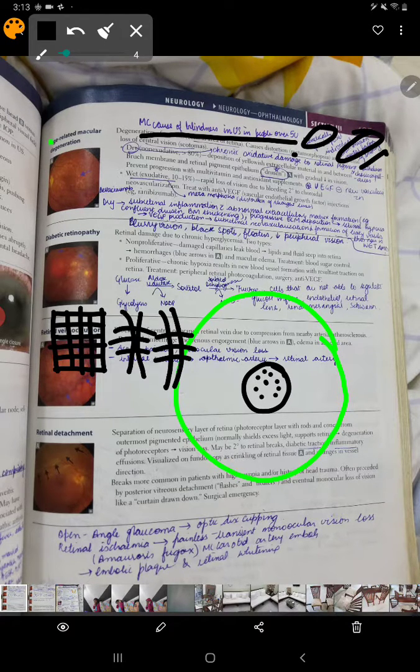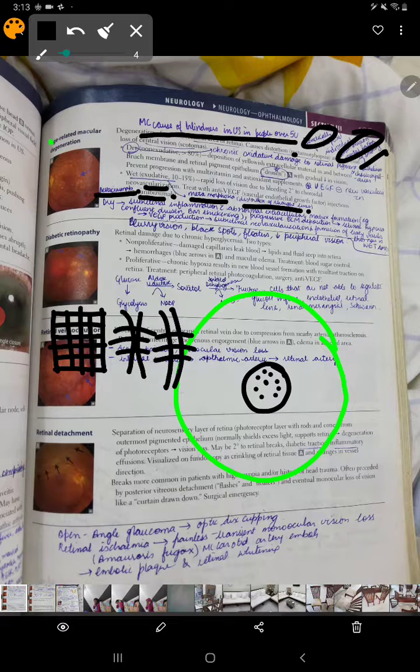Also, if it is of the wet type, you will have neovascularization, so anti-VEGF agents can be used, for example, ranibizumab. There is an increasing trend to ask about these antibodies, and the questions on these antibodies are a new trend. You can also use bevacizumab or ranibizumab. Now, I've also written that metamorphopsia is distortion of straight lines, as I've shown you here by the